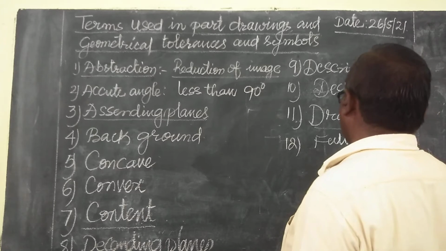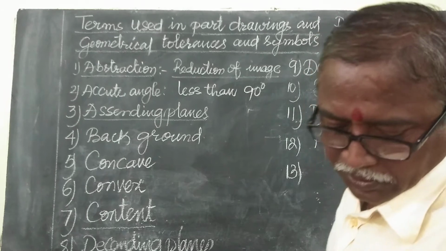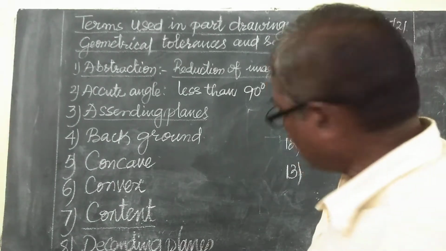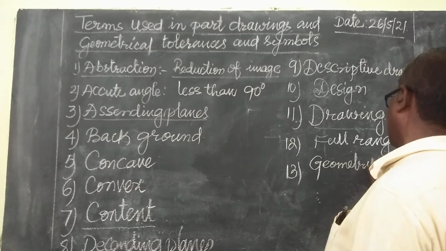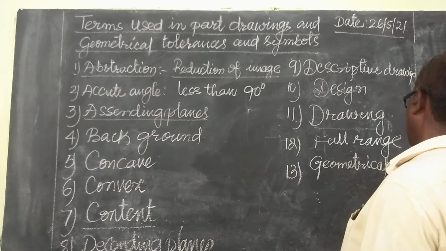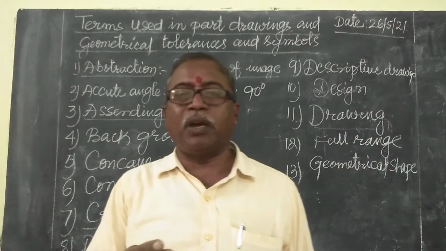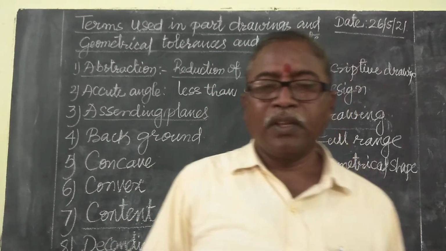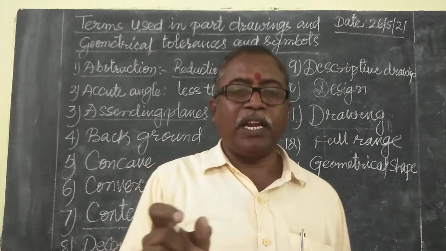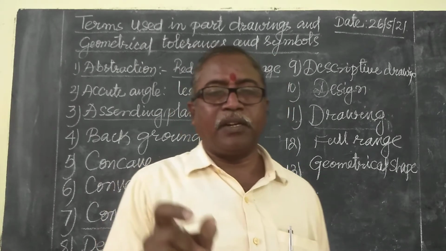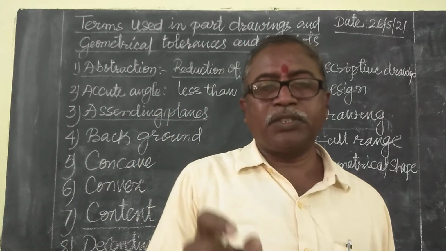Then the 13th one is geometrical shape. So what do you understand by geometrical shape? It means you have the geometry box. You are using the sizes of length, how much size, breadth, how much size, thickness, how much size. The sizes you are using,